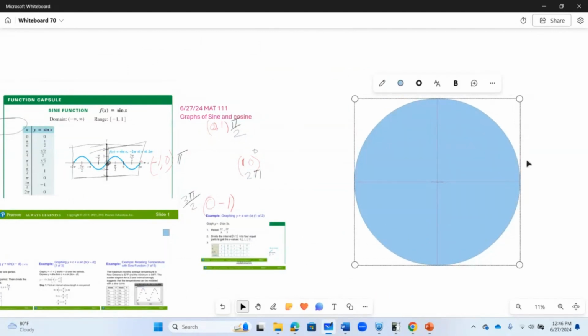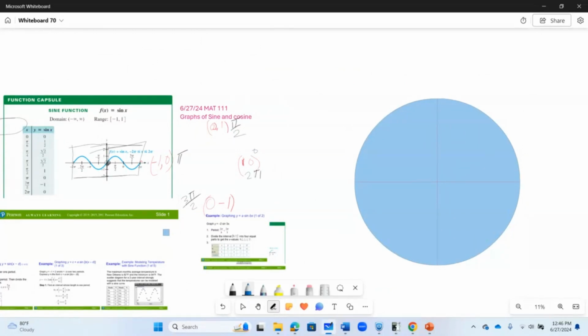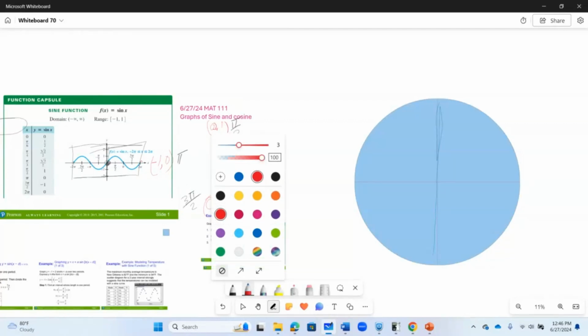Okay, well, this time I want to check why it is that they said the cosine curve has a range from -1 to 1. So this again, the point here is 1, 0, not big enough, make it big enough. 1, 0, okay. And this point is 0, 1. And this point is -1, 0. So at the quadrant